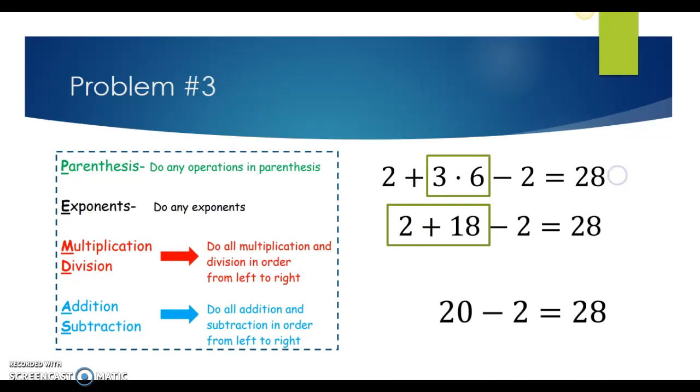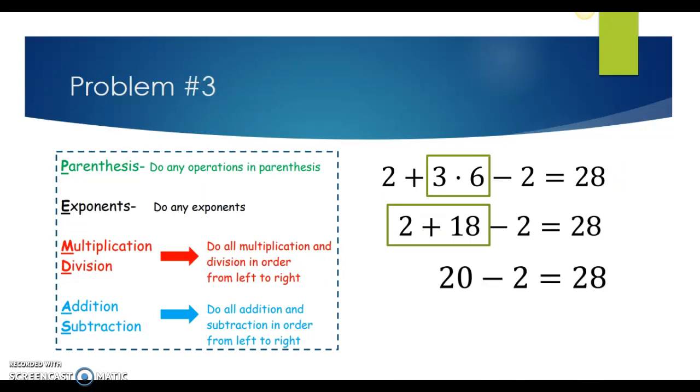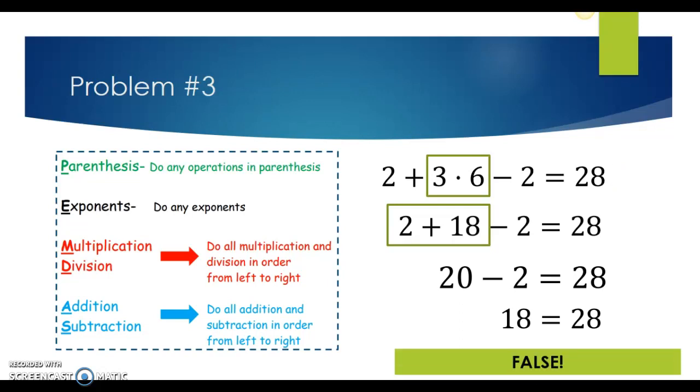First, I will do 2 plus 18, so I have 20 minus 2 equals 28, which gives me 18 equals 28. This is a false statement. So my answer for this problem would be